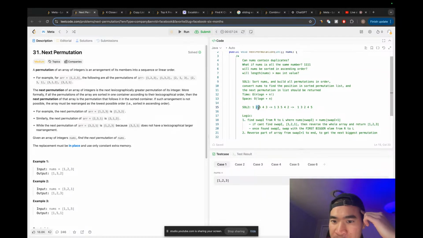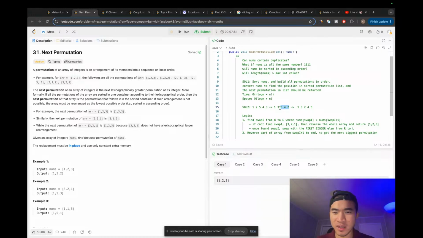We found that 2 is the swap index because 2 is less than 5. So we do the swap, we get 1 3 5 4 2. But that's not the next permutation, so we need to reverse 5 4 2 to 2 4 5, and then we get our